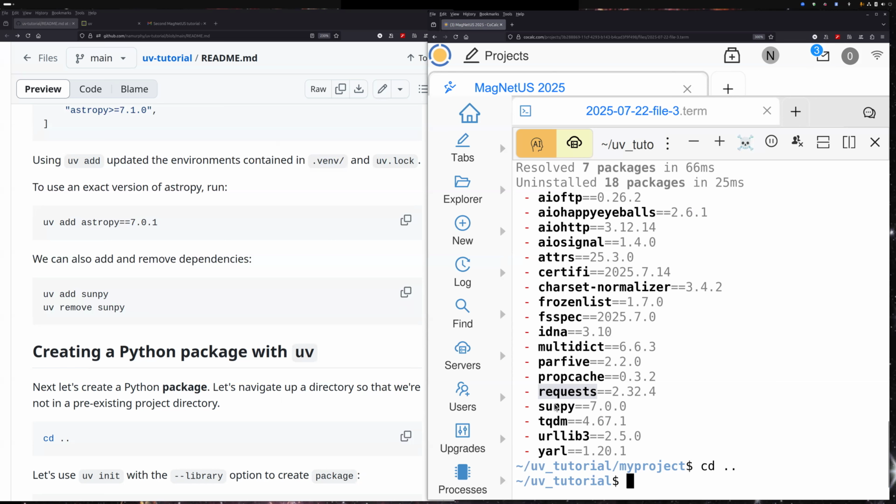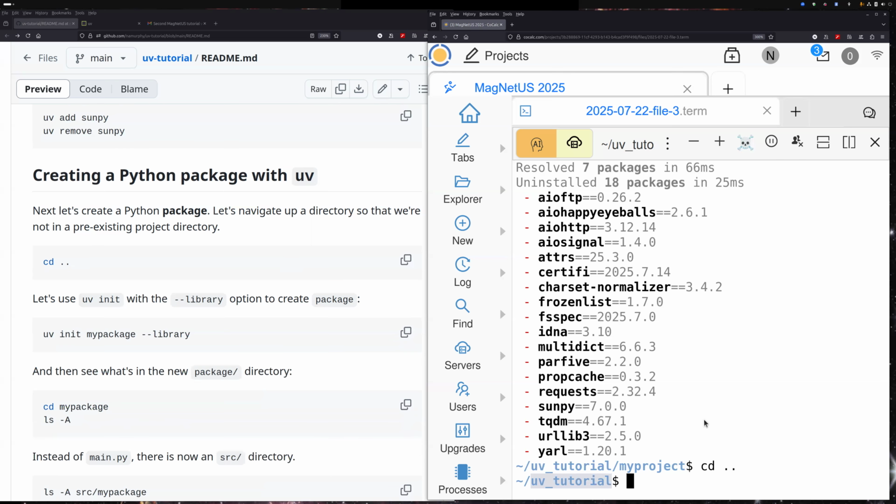Okay. So we did cd .. into the uv tutorial directory. And now let's create a Python package. So this is something that we'd be able to share on the Python Package Index, and so create something that we'd be able to eventually install with pip or uv or other package managers like Conda. And this command is